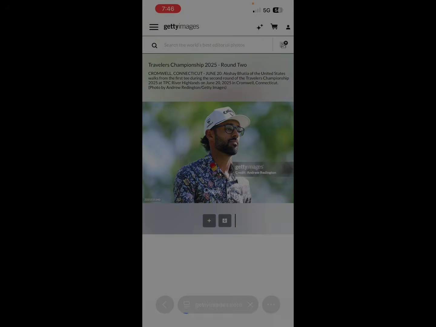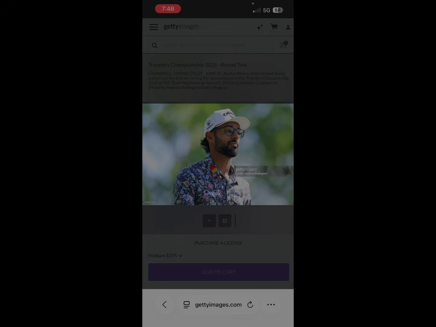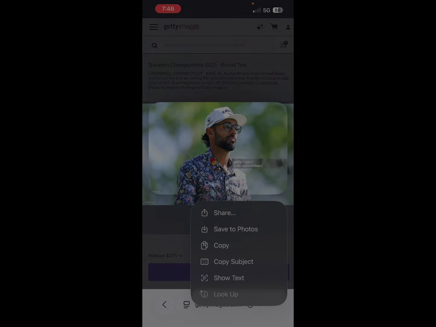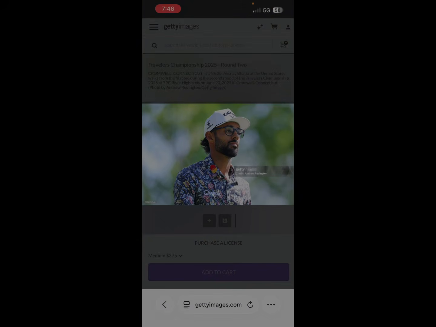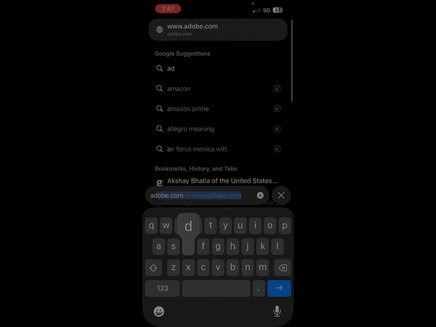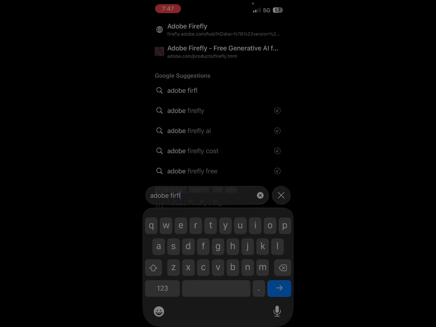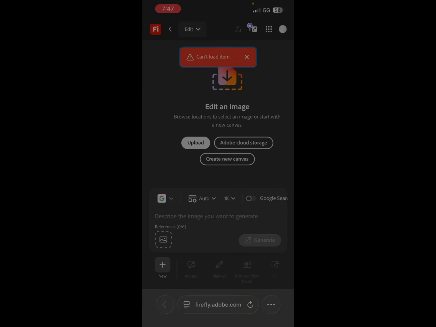Okay, so you're gonna click on the picture, and then you're gonna click on it again, and then click the button in the middle, the 2 arrows going outward. You're just gonna hold down on the picture, and then just click save to photos. Okay, and then you're gonna open a new tab and search up Adobe Firefly. And then from here you're just gonna do upload, photo library,